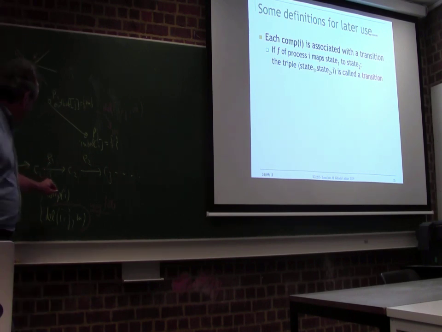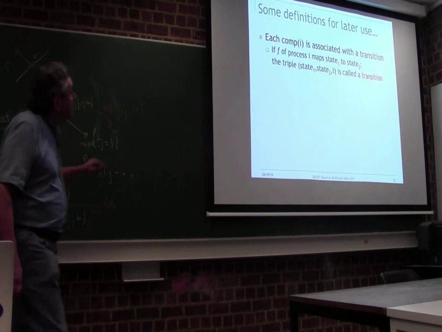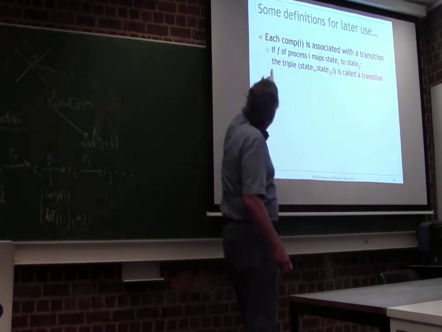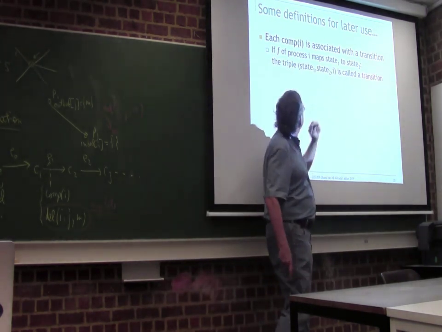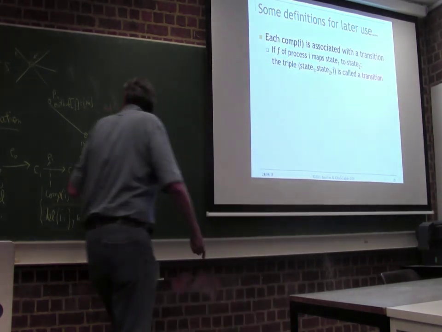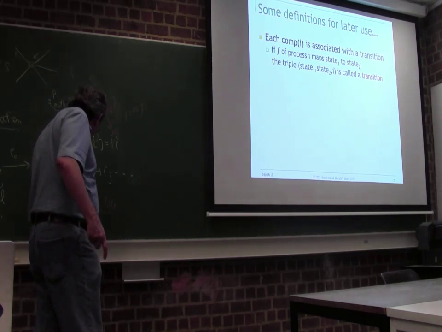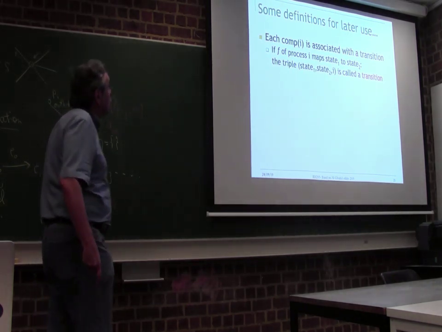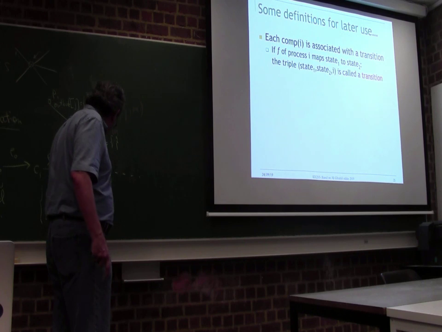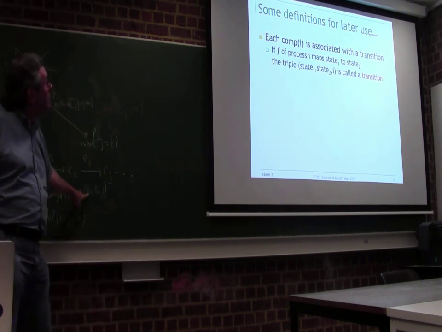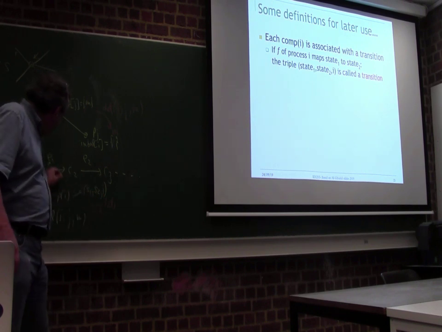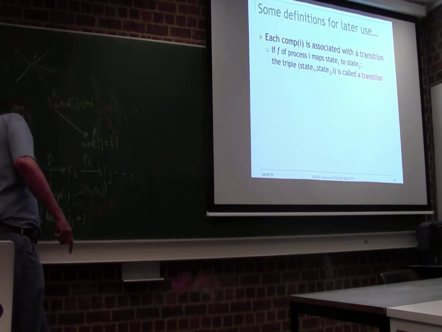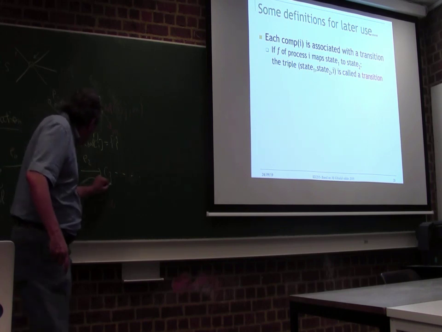So, I want to be a little bit more precise. A comp is actually a transition connected to it. So the I actually doesn't give all the information. There's actually a triple here: S1, S2, I, which is the beginning state, the ending state, and the node. So the full information is actually given in this transition, okay?